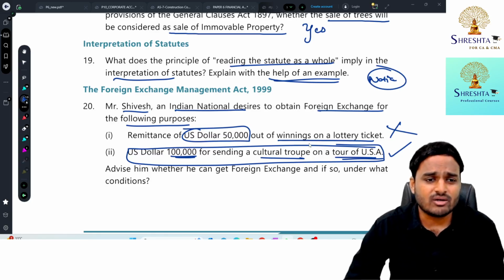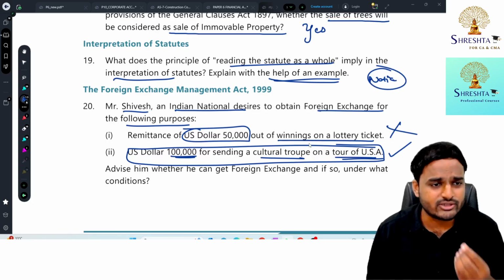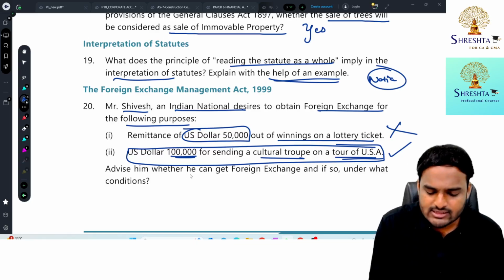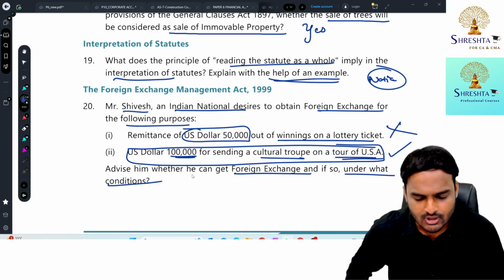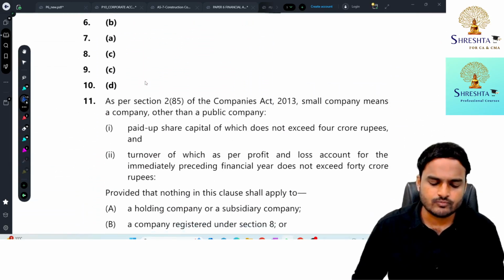And there is no limit on approval. So even for $1, you need to take approval. Advise him whether he can get foreign exchange and if so, under what conditions. So that's what I discussed with you. So with this